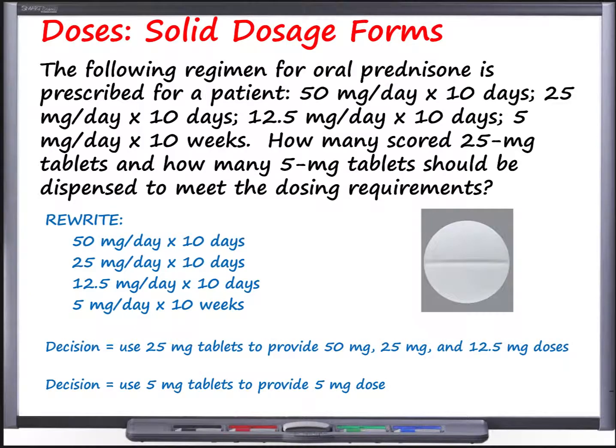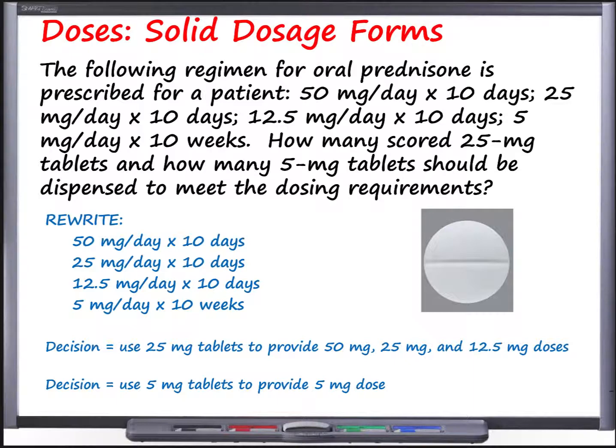And then lastly, we have to go ahead and make some decisions to be able to set up the formulas here that we're going to do in a little bit. We need to make some decisions. So right up front, what I'm saying is that we're deciding to use the 25 milligram tablets to provide the